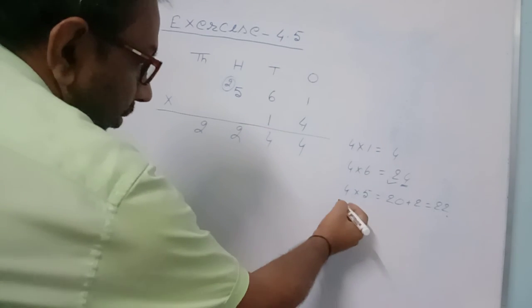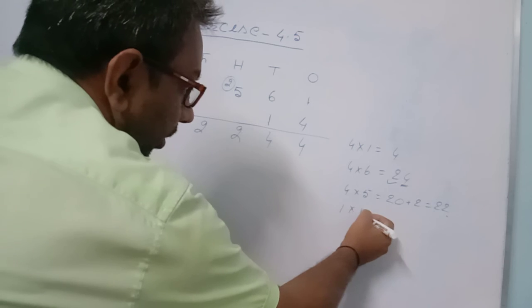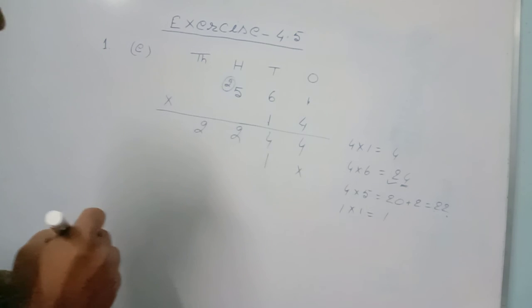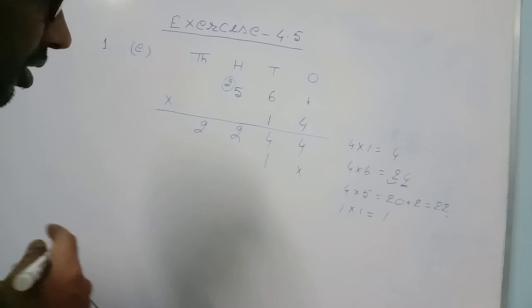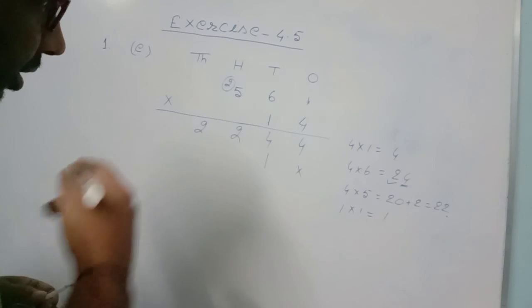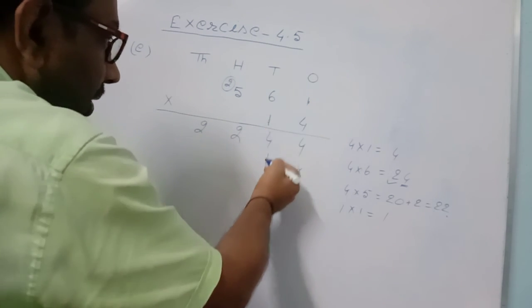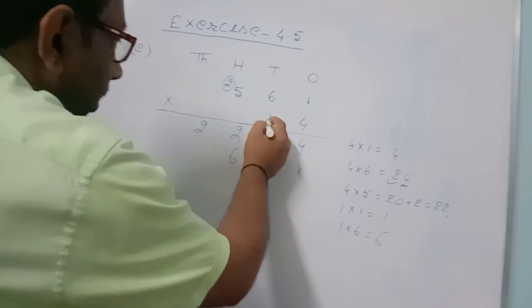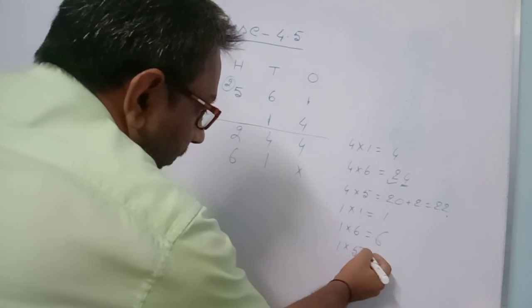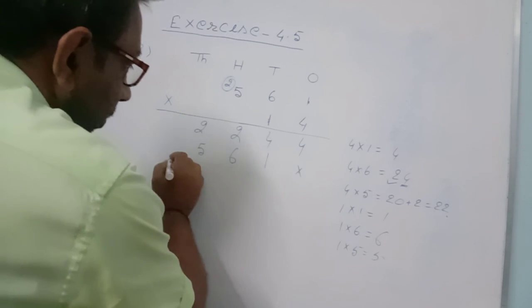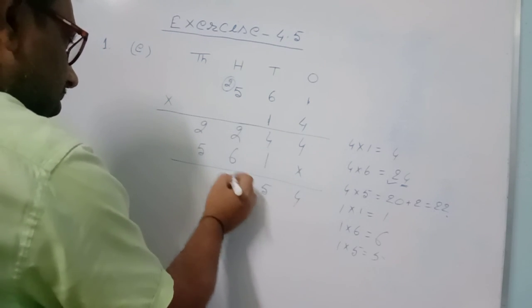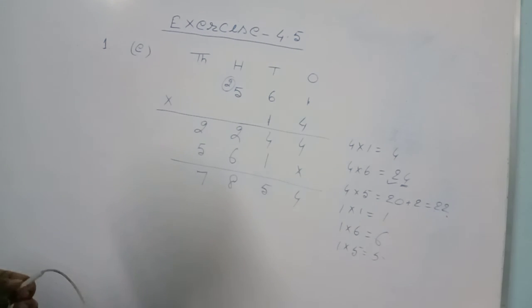Now we'll multiply 1 into 1, these two. 1 into 1 equal to 1. Here we'll put a cross, and I wrote this one here. Leaving one digit, in the second line, leaving one digit we start writing. So I left one digit, then I wrote 1 into 1, 1. Now 1 into 6 equal to 6. That will be written here. Now 1 into 5, that will be 5. It will be written here. Now the work of addition, 4 came down, 4 plus 1, 5, 2 plus 6, 8, 2 plus 5, 7. So multiplication of 561 and 14 became 7854.